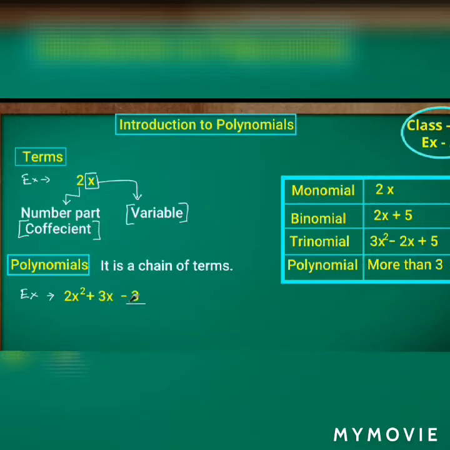And here if you observe the constant value 3, in terms of the variable, how can we write this one? 3 into x power 0. Since we are having the variable x here, I am just replacing with the power of x, that is x power 0. According to the laws of exponents, what we know, x power 0 equals 1, isn't it? 3 into 1 which gives 3. So it will be having a chain of terms. Always keep in mind that polynomials will be having more than one term.